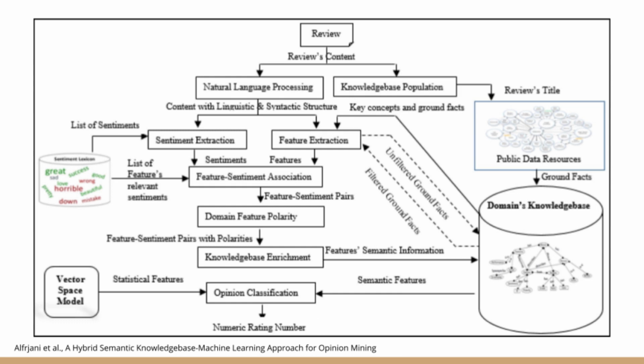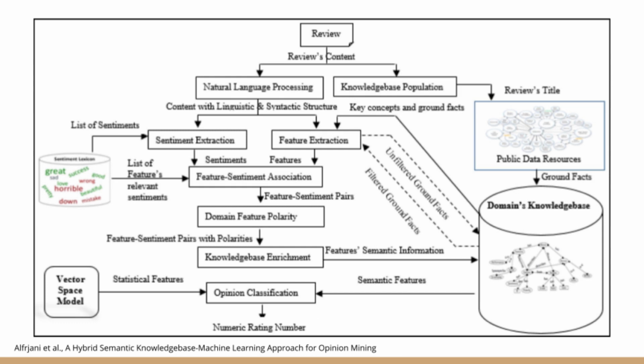Now, domain feature polarity is determined by scoring the individual domain feature pairs and then aggregating the results for each opinion phrase, resulting in scores, or in other words, polarity values for each term. These terms with scores are then used to enrich the knowledge base by attaching sentiments and opinion polarity values to the correct knowledge base entity, such as an actor, scene, or genre mentioned in the review. So, from our improved knowledge base, which is now a semantic sentiment network, a semantic feature matrix is generated, as this format is necessary for machine learning classification algorithms to process the data.